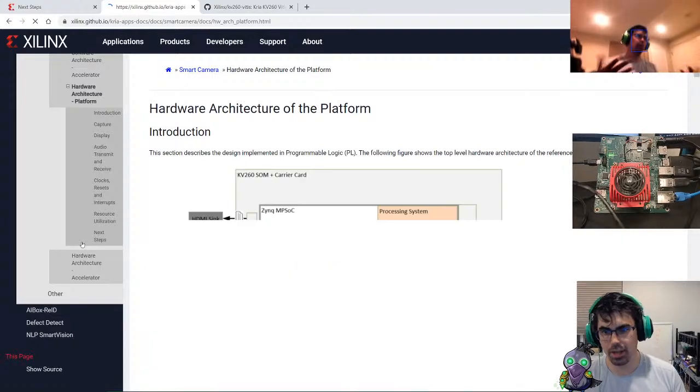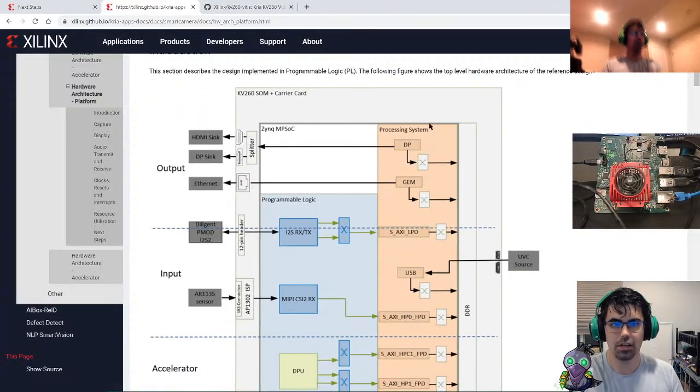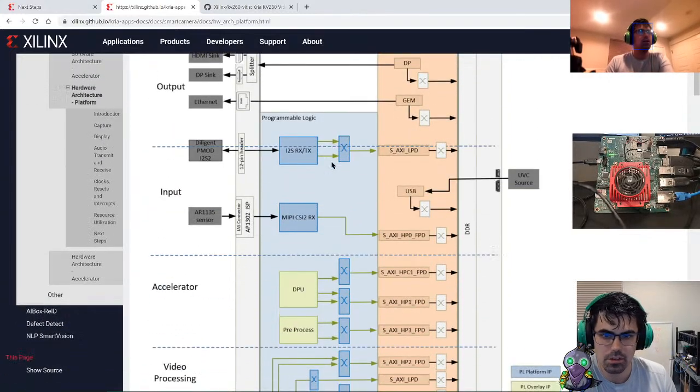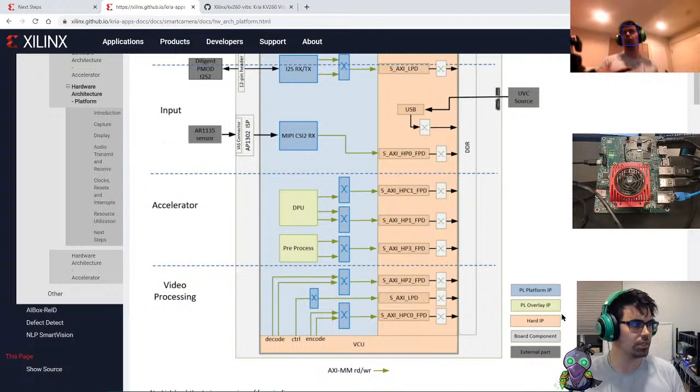Okay, so let's just talk about what I can talk about here. So we have the architecture. We have our MPSoC design. We have a processor system right here with those inputs, or I guess outputs, on those sides. Then we have the programmable logic, and they split up the hardware design into